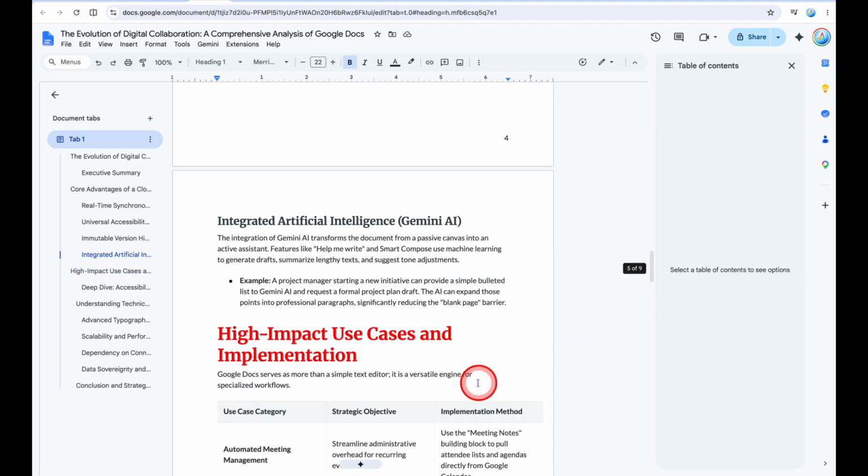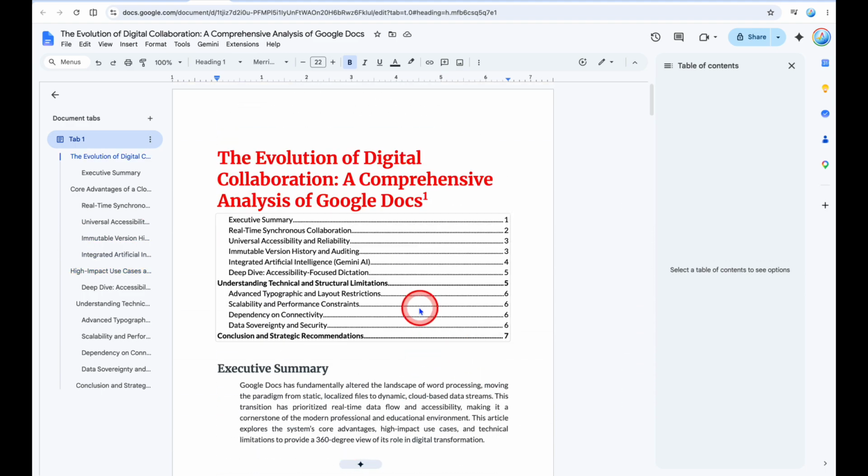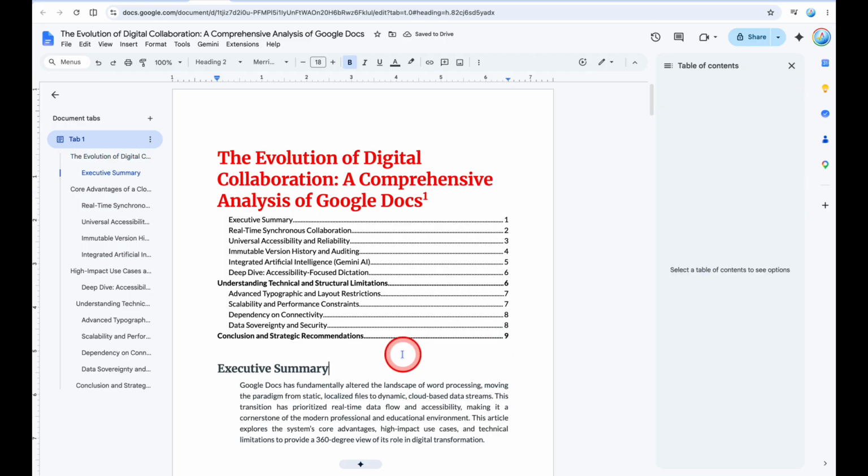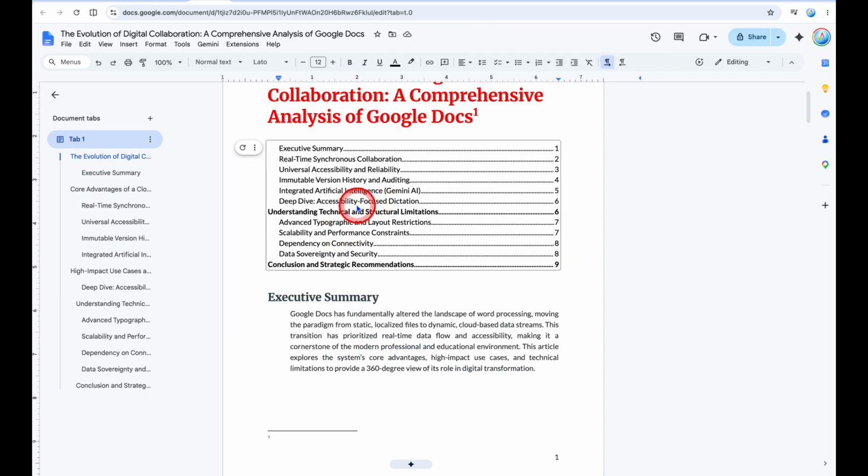And let's check the table of contents. As you can see, the table of contents is still the same, 1 to 7. So how can you change it? Click on the table, then there's the update table of content, and now it is 1 to 9 pages. It's being updated. As you can see, in our table of content, there are two lines here that are overlapping. It's not in line with the rest. How can we correct that?